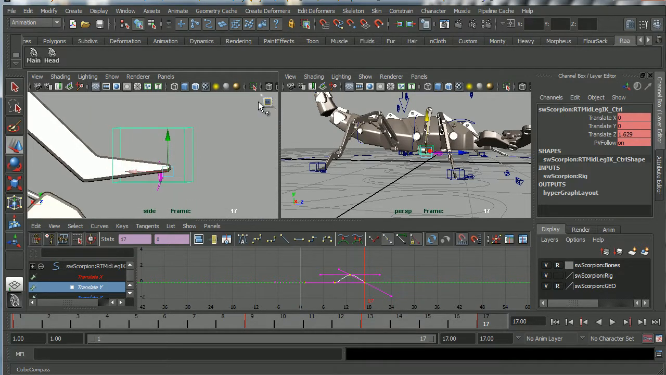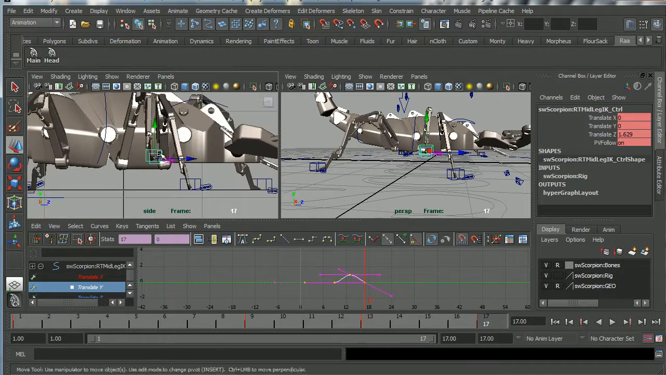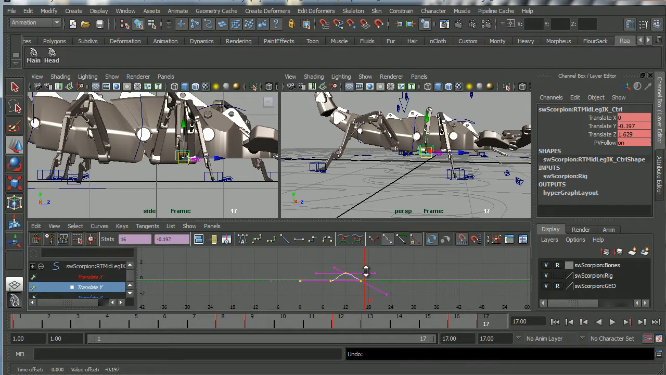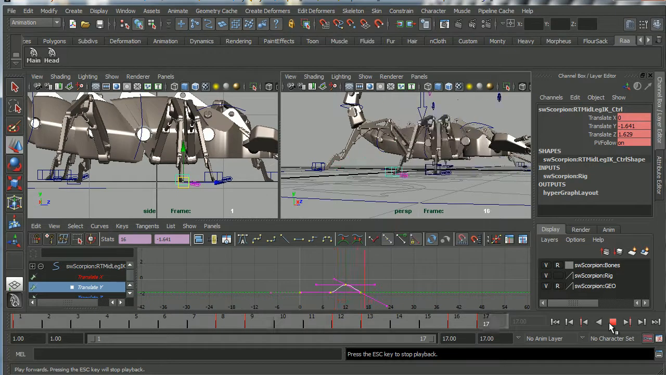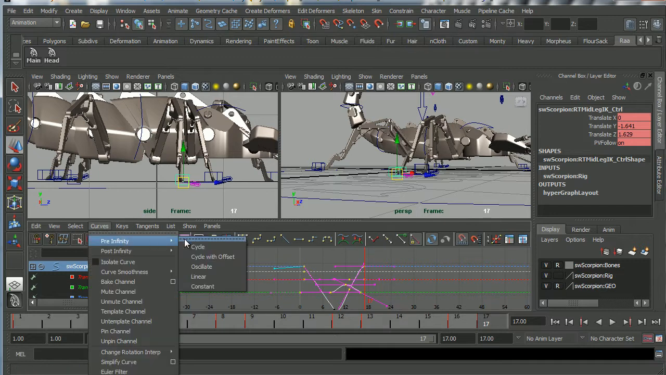And now we'll just zoom out to the left-hand side, pull out. And so it's this foot here that we want down on the ground. So what I'm going to do is grab this whole curve, holding down the shift key and the middle mouse key, and I'm going to drag it down like that. And now that should be working fine. Let's just make sure we've got infinity curves turned on here. Curves pre-infinity cycle, curves post-infinity cycle,